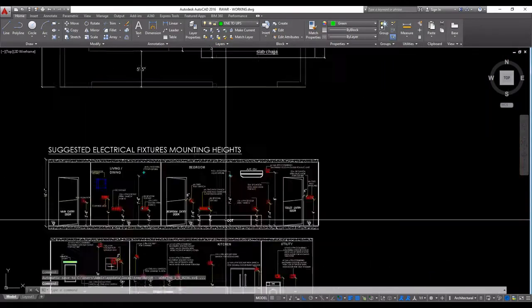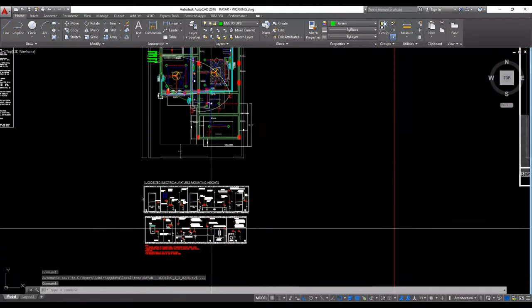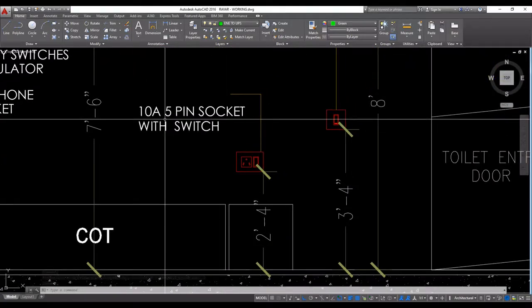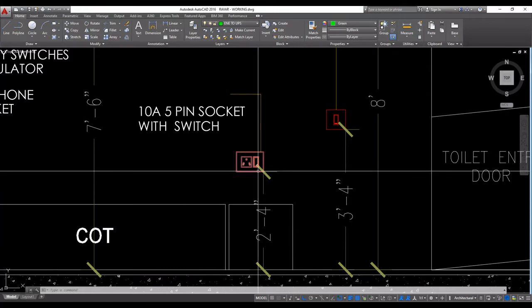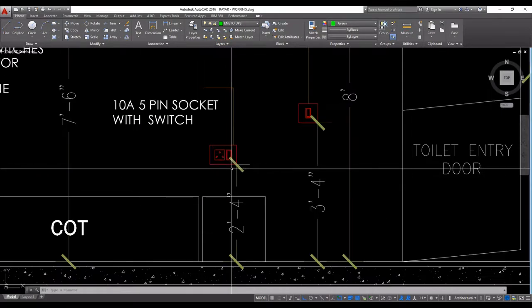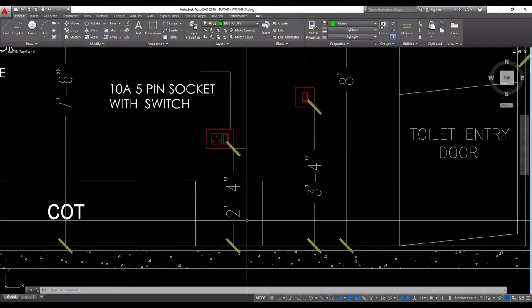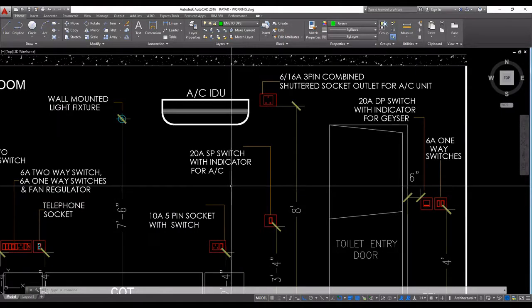This is the bed. And next, this is the 10 ampere 5 pin socket with switch. This is the 3 model switch box. This is the height from floor level 2 feet 4 inch. And again AC.